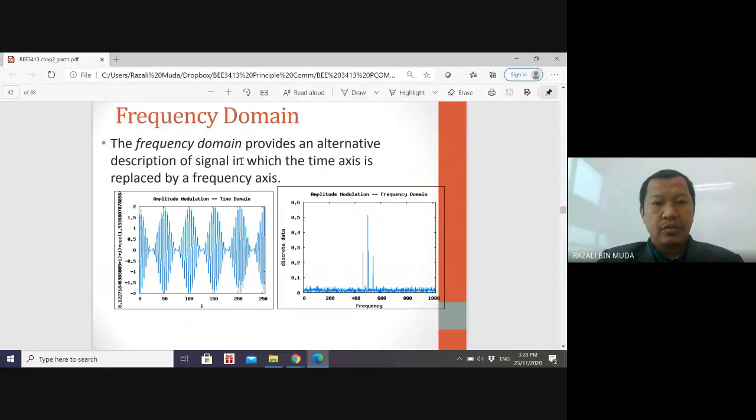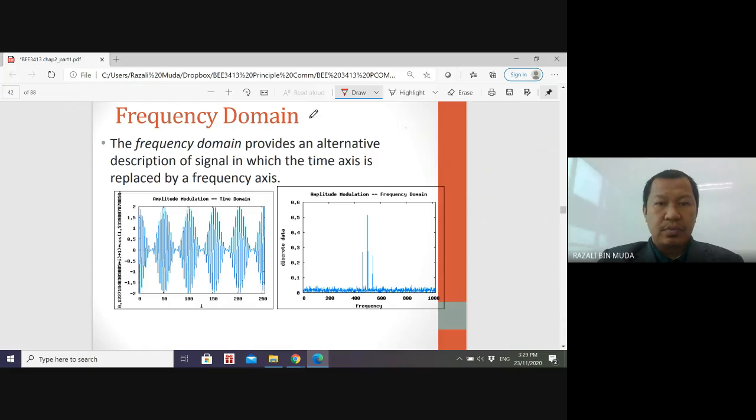Okay, let's continue our next topic. We have discussed this slide, part 1 of chapter 2, about the amplitude modulation in time domain. So let's now discuss about AM